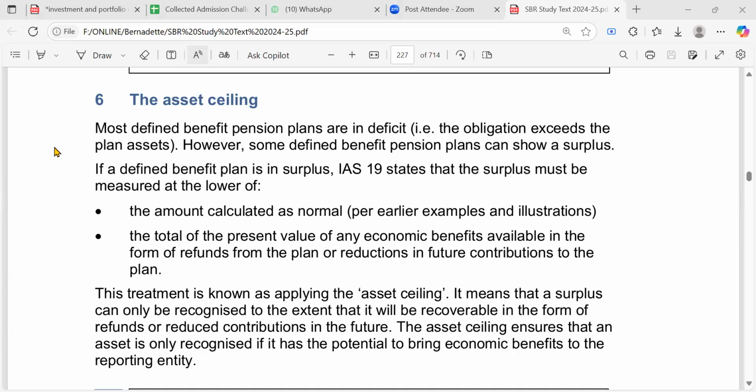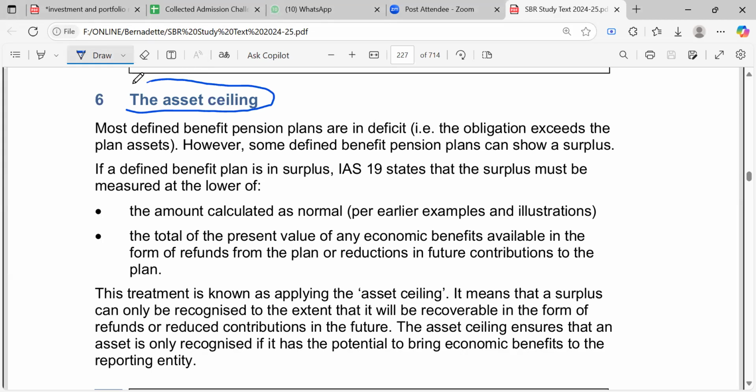All right. Now let's proceed with IAS 19 employee benefits. And now we are on the other part called asset ceiling. You understand the meaning of ceiling, right? Is the ceiling at the top or the bottom? Top. Very good. So since it's at the top, we speak of the ceiling. We try to fix an amount, right? We try to fix a cap. We shouldn't go beyond a certain point, right?